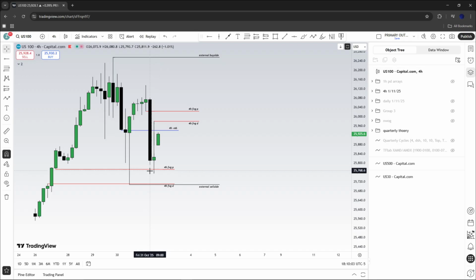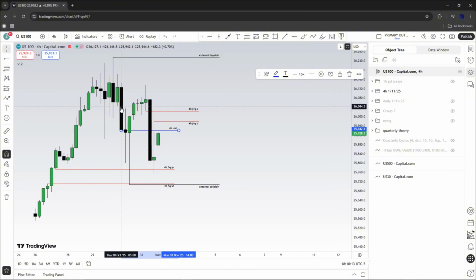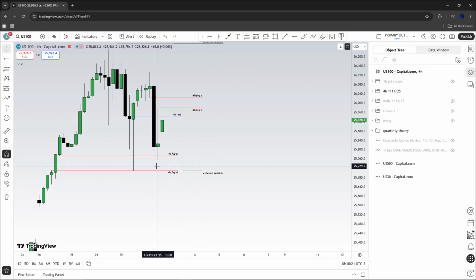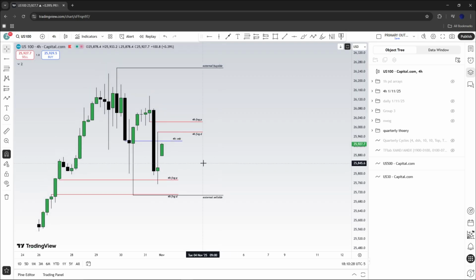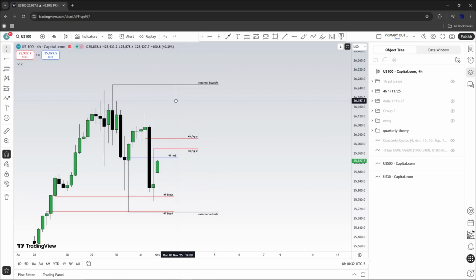Right? Key areas that I'd be paying attention to are going to be the 4-hour premium fair value gap that we have priced in at the highs, as well as the 4-hour mitigation block, which is this large down close candle over here. If you can find some sort of resistance at those levels, I do think that we will target the sell side, both internal and external sell side existing at these lows. Not really much on the 4-hour for me.